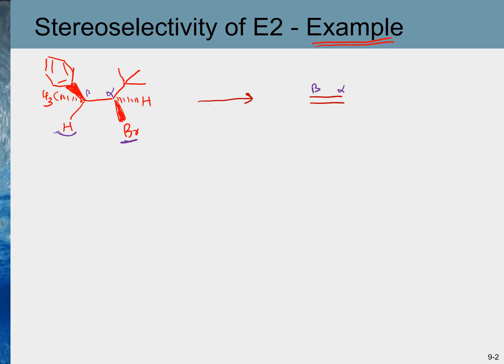Now the alpha carbon is connected with the tertiary butyl group, and it is connected with a hydrogen, and the beta carbon is connected with a benzene ring